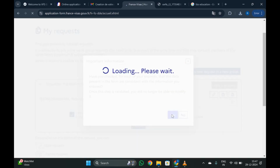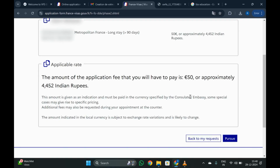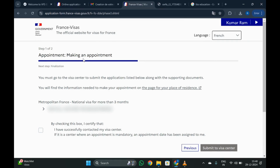Select yes here on this pop-up. Now we are proceeding for the appointment booking. So that is why they are letting you know that you have to pay 50 euros, that is approximately 4452 INR. So you select Pursue